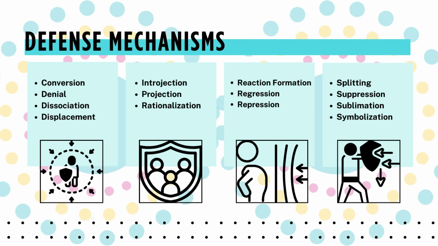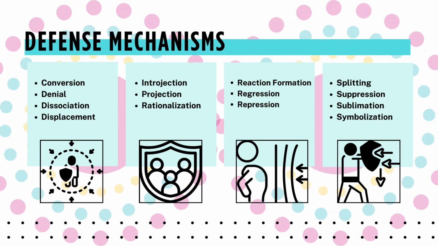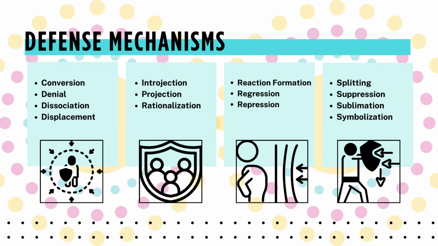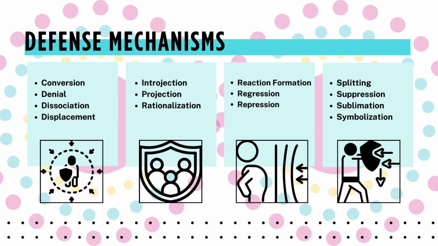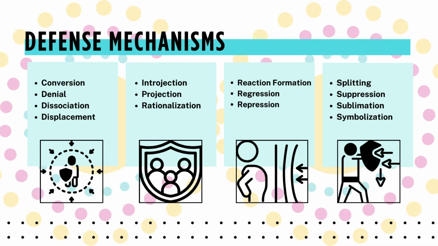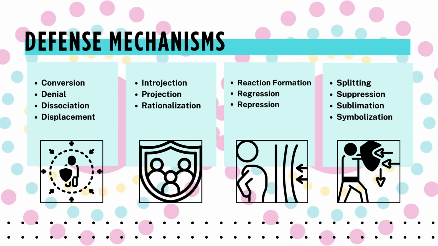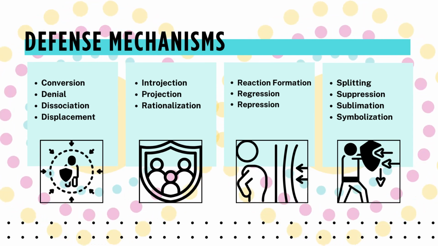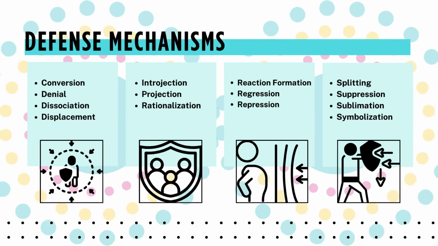This happens often in children, and a lot of times they will displace their anger and their lashing out onto their parents because their parents are a safe space. There is regression, where people return to a prior or lower state of cognitive, emotional, or behavioral functioning. Repression, where people take these painful experiences and unacceptable impulses and unconsciously exclude them from their consciousness. And then there's splitting, where people look at things and objects that provoke anxiety and put them in categories. They're either all good or they're all bad.